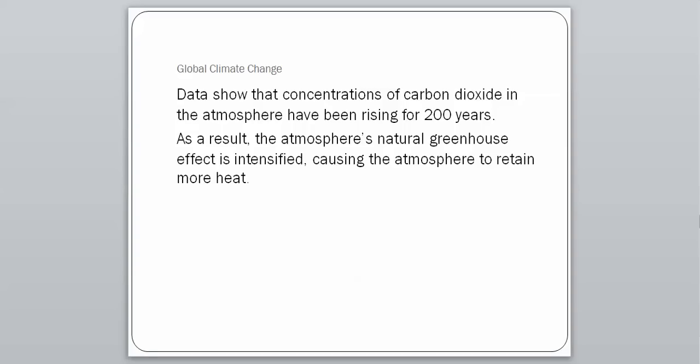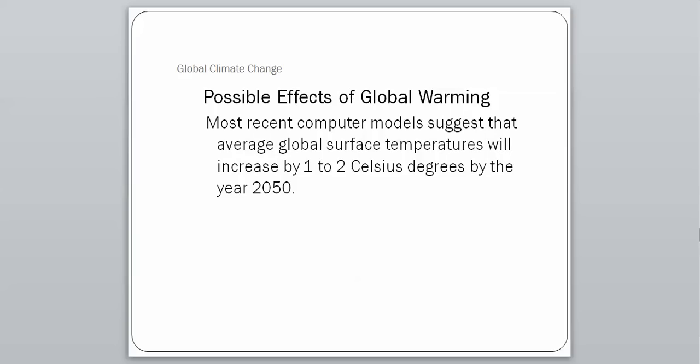Then as a result, the atmosphere's natural greenhouse effect is intensified, causing the atmosphere to retain more heat. So remember, greenhouse effect is just the Earth retaining heat, and so now with this increase in CO2 and other greenhouse gases, it's causing that to increase. And so the reason why that's a problem is because computer models suggest that this could raise the global surface temperature by 1 to 2 degrees Celsius by the year 2050, and that doesn't seem like a whole lot,